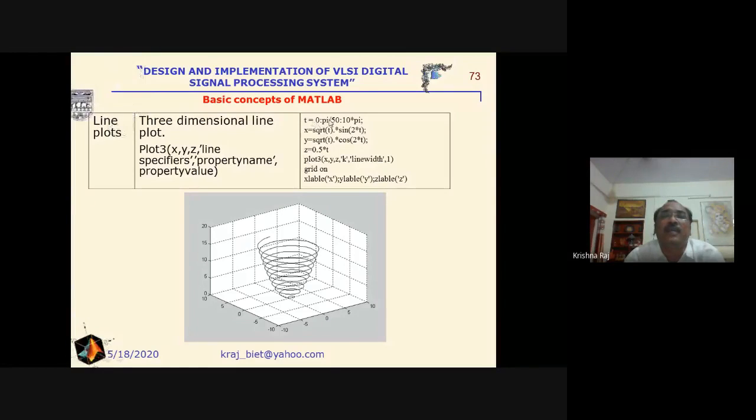Then define x, y, z as per our need or requirement, and then write plot3, x comma y comma z, and here the color. Now if we see, we find this is the equation of the helix, right?